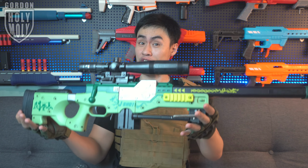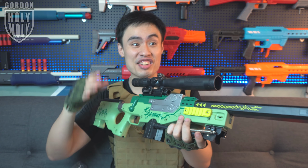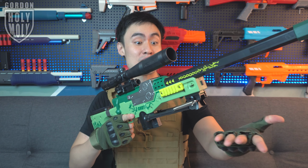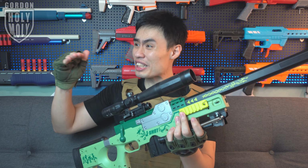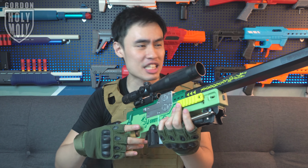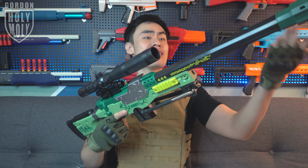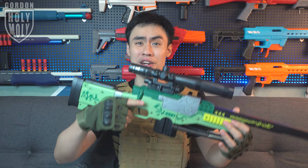What I got over here is a very interesting blaster though. This over here is actually a disc firing AWM silhouette blaster. Holy actual moly. I can totally imagine an M4, a P90 or maybe an MP5 disc blaster. Never would I have imagined that they actually made something like this, and it is very long and pretty disproportionate